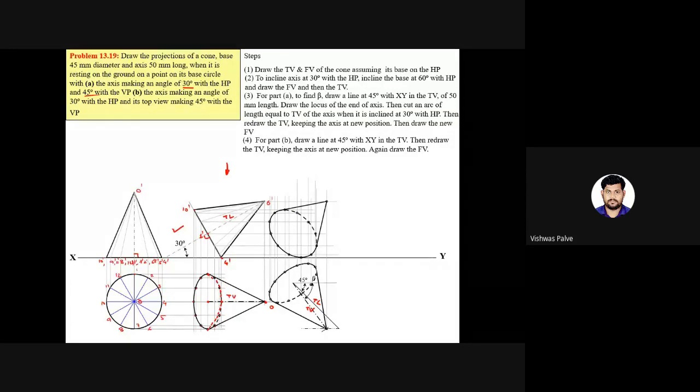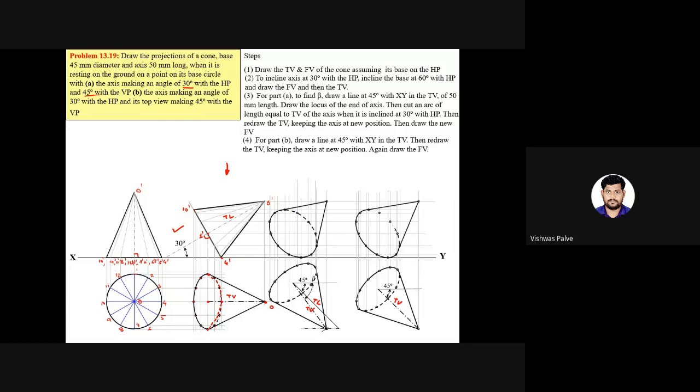Now the B condition. The B condition is only applicable to the third stage. The axis makes an angle of 30 degree with HP, and the top view makes an angle of 45 degree with VP. So what is the difference? In the previous problem, we had to take the 45 degree directly on the top view length. In this case, there won't be any true length. The top view length is there directly, and you have to make the 45 degree inclination, take the projection again and redraw it.